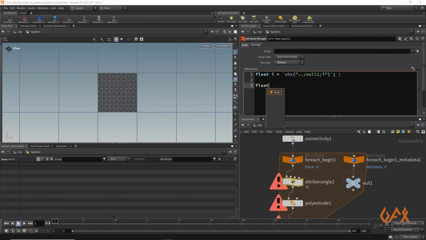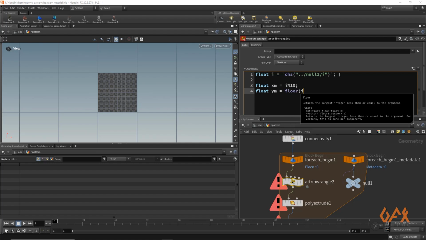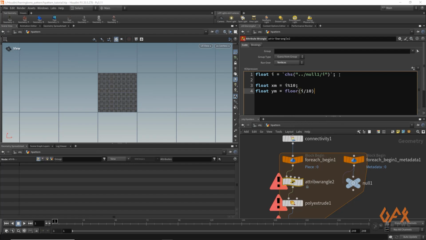Now I just write float xm = i % 10, and float ym = floor(i / 10).